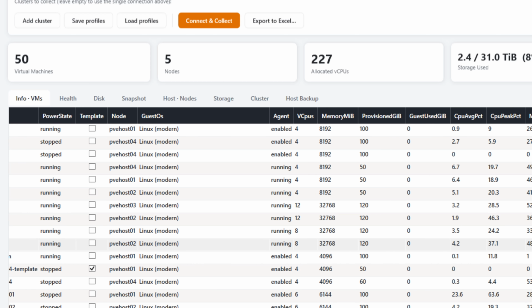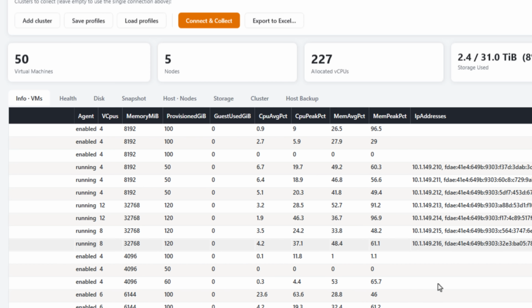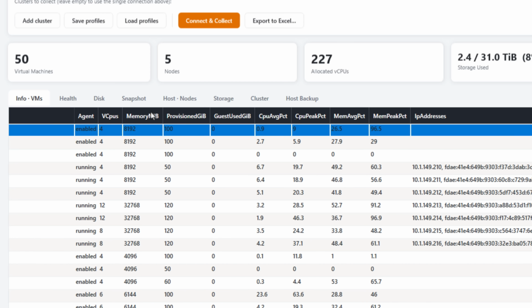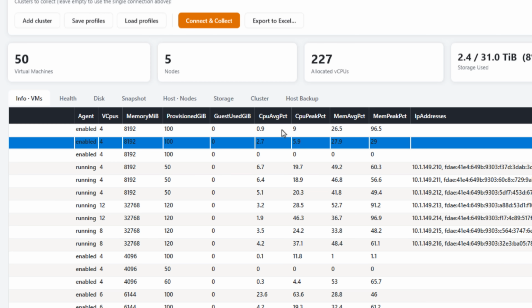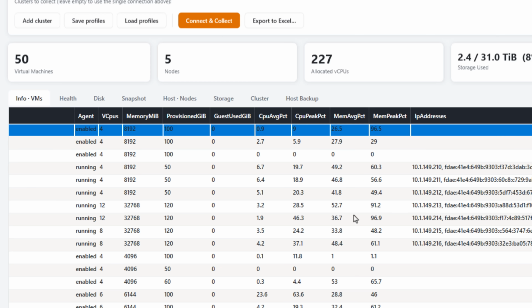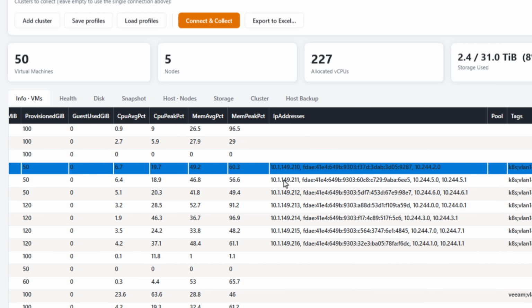Now, as you scroll across the table, you're going to start seeing more useful information in terms of resources. You can view the number of virtual CPUs assigned, memory allocations, provisioned storage, actual guest storage consumption, average CPU utilization, peak CPU usage, memory averages, memory peaks, and even IP addresses that are reported once again by the guest agent